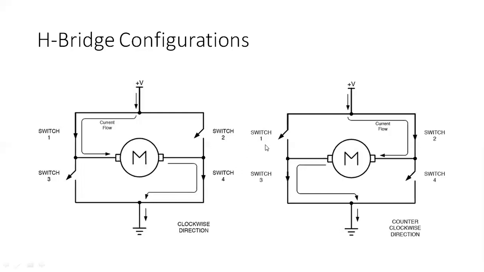Similarly, now I want the motor to run in the anti-clockwise direction, that is the counterclockwise direction. In this case, switches 2 and 3 will be closed, and switches 1 and 4 will be open, just changing the polarity direction. Here the plus 12 volt will flow through switch 2, and from the motor through switch 3, and this will be connected to the ground, so that the circuit will be closed. Here the motor will run in the anti-clockwise direction.